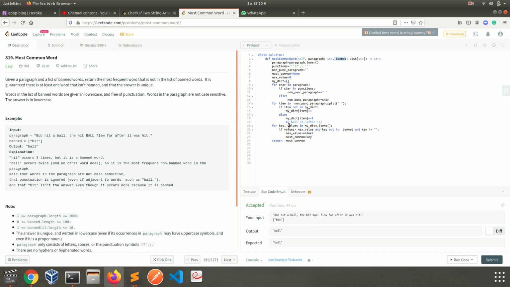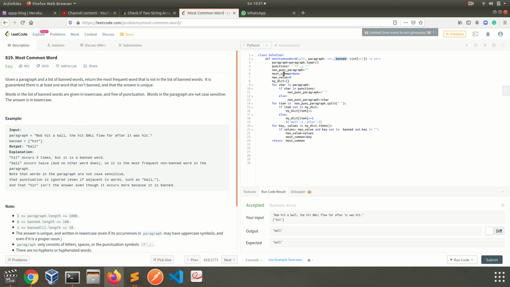Because of that, I iterate this dictionary one more time. As you know, we can iterate the dictionary like that: my dictionary dot items, the keys and the values. What I have done here, as I said, is I have maximum value and most common.